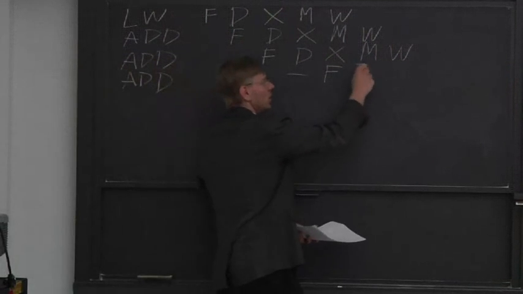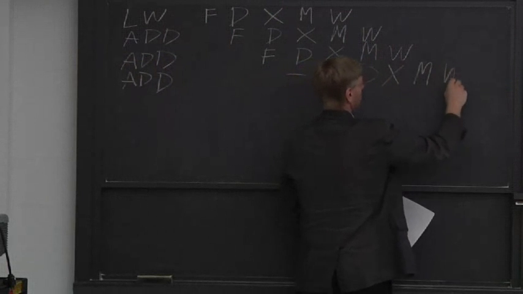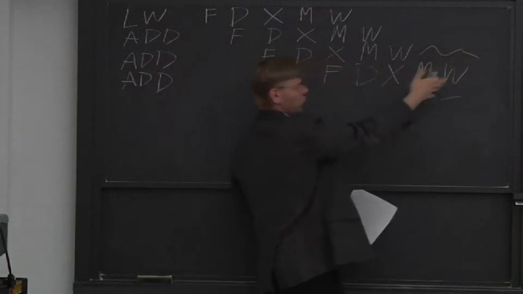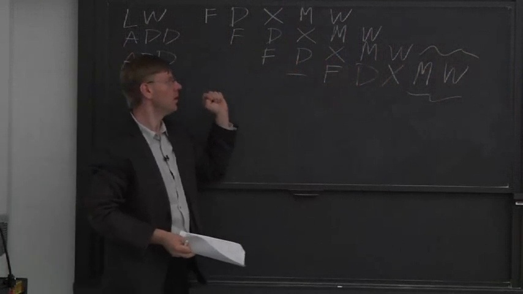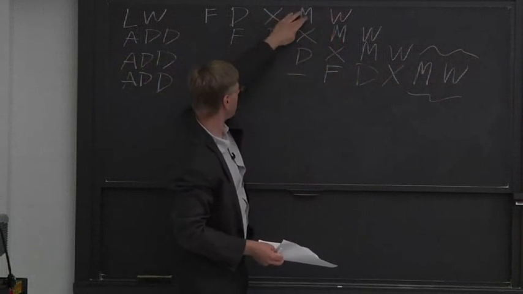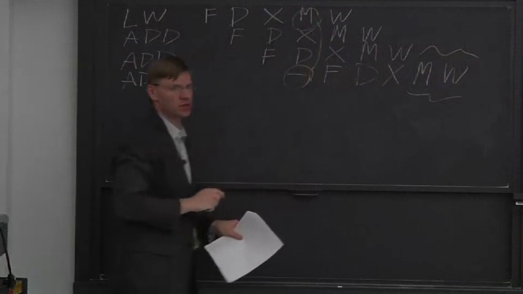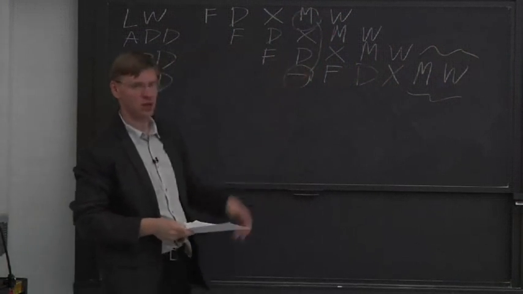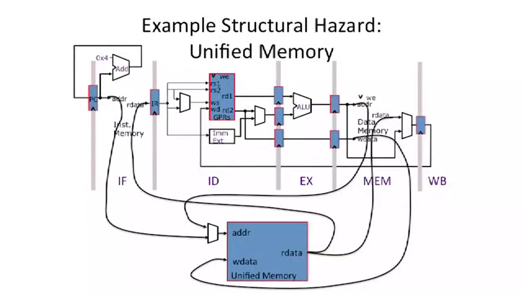So now we fetch, we decode, we execute, we use the memory, and we write back. And you'll note here, this gets pushed out one cycle because we had to stall here at the beginning one cycle. And this memory point here is the structural hazard that we saw that we had to resolve. In this case, let's say we stalled one cycle to resolve that hazard. So now that we've seen how to do a unified memory and what the pipeline should look like for that,